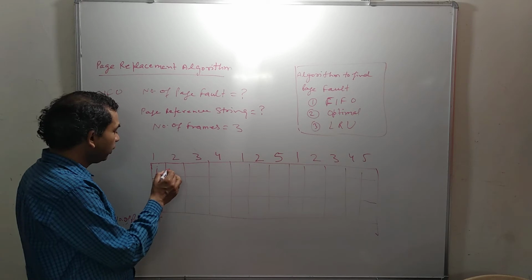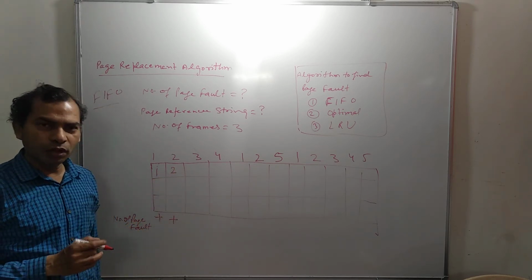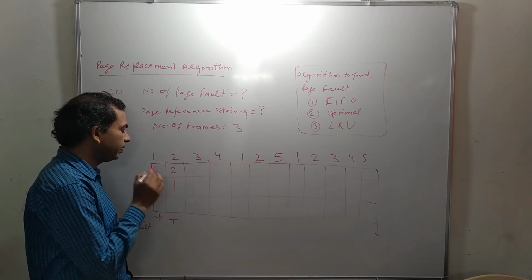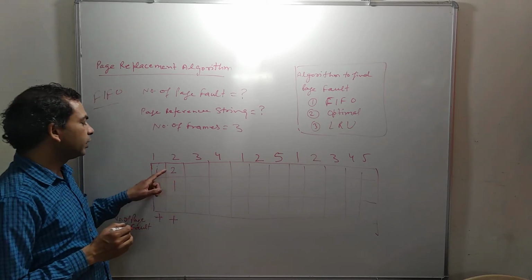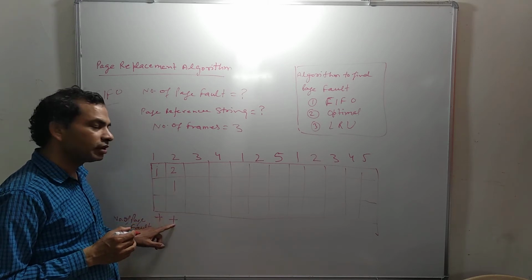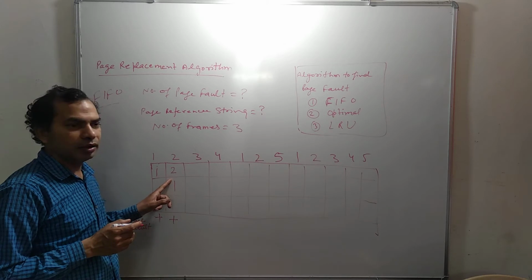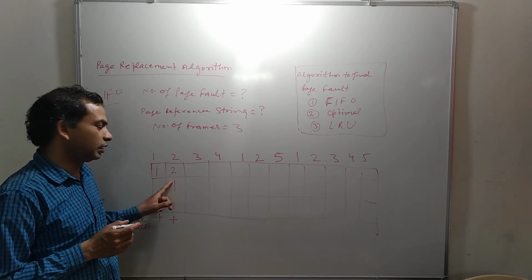So what we have to do, we have to represent here the plus symbol, page fault via the plus symbol, and we have to write this this way. We have to write the 2 here, this is the 1 here, and we are saying the page fault occurs since 2 is not present in the memory currently, and now the page 2 is brought into the random access memory from the hard disk drive.